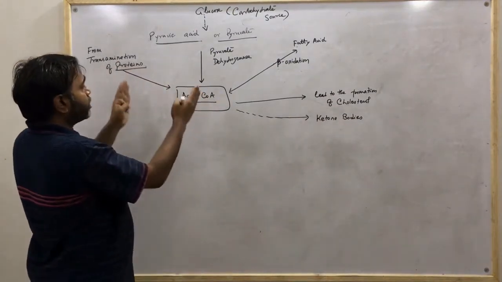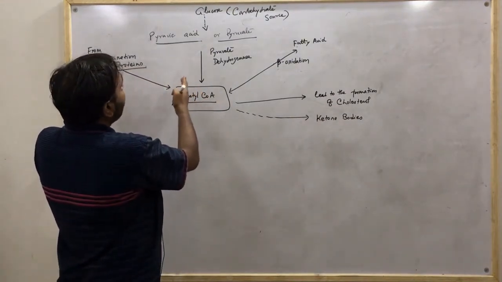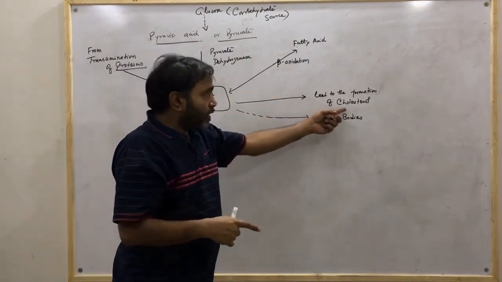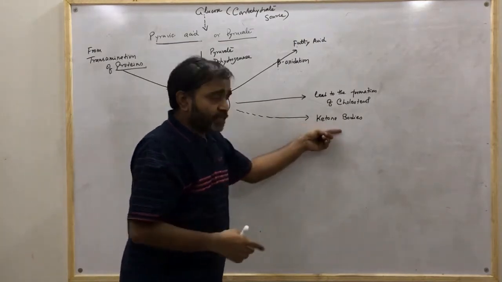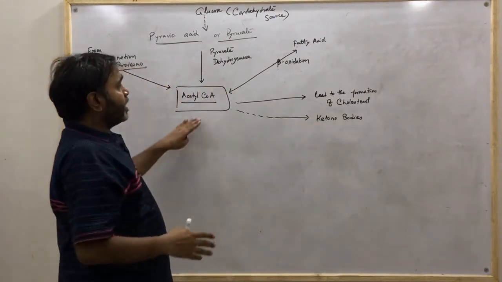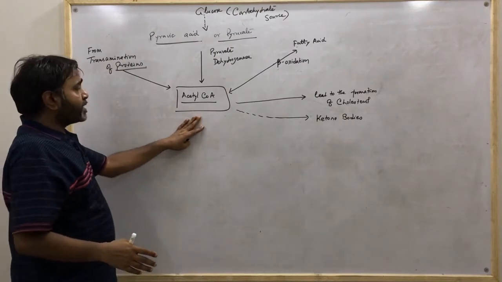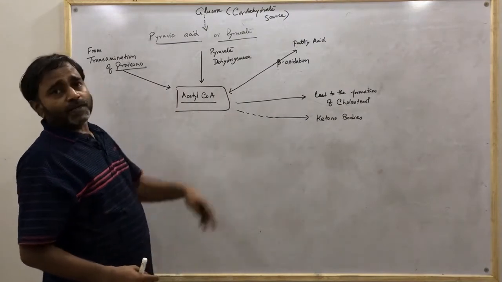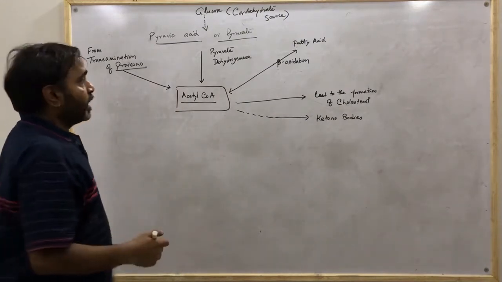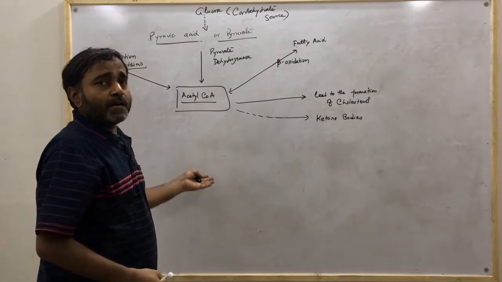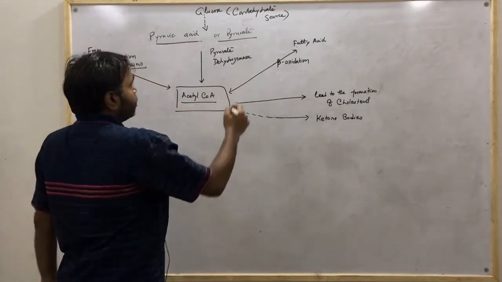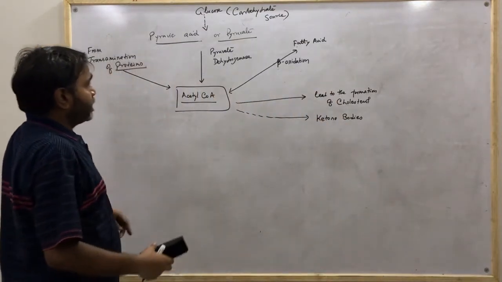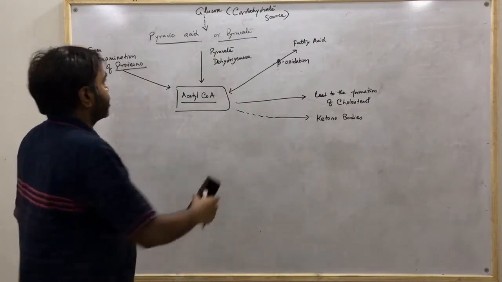So anything that is getting converted to acetyl-CoA, whether it is carbohydrate, fat or protein, can get changed into cholesterol, and likewise it may also get changed into ketone bodies. So it is an essential junction, a pivotal molecule from where the interconversion of different biomolecules is possible, and it will further enter into the Krebs cycle. Firstly we need to see how it may get formed. Then afterwards I will tell you about the Krebs cycle.